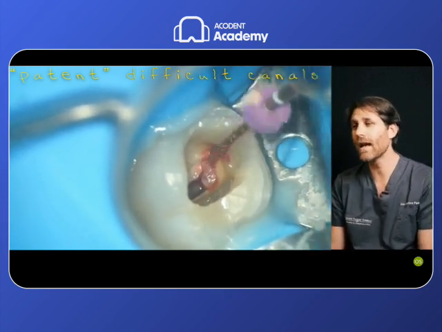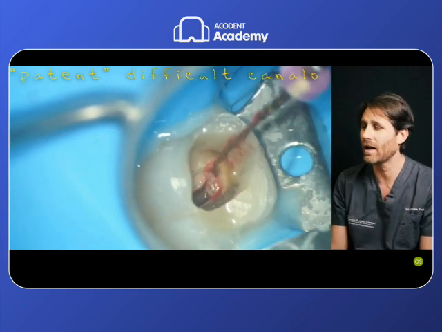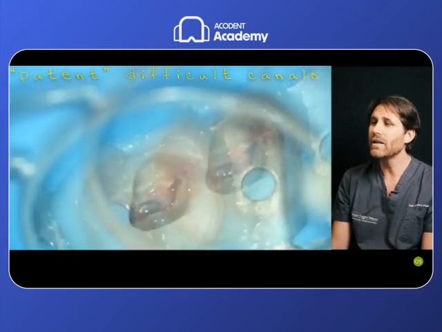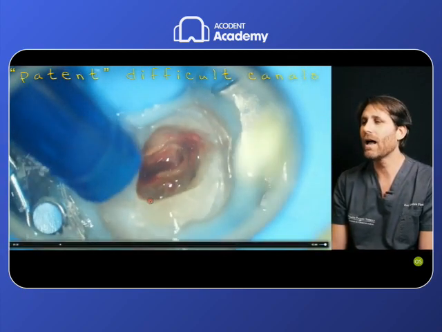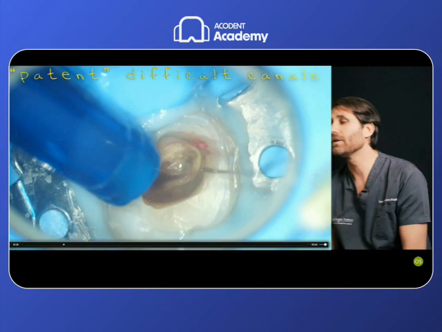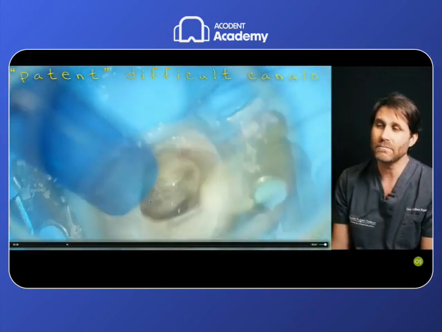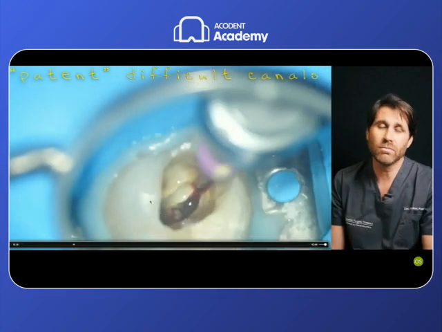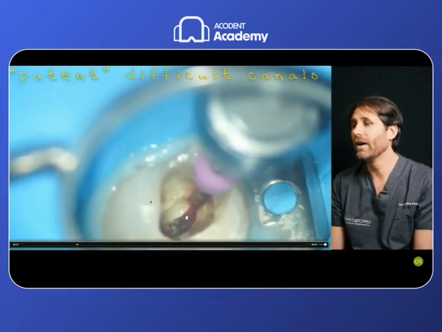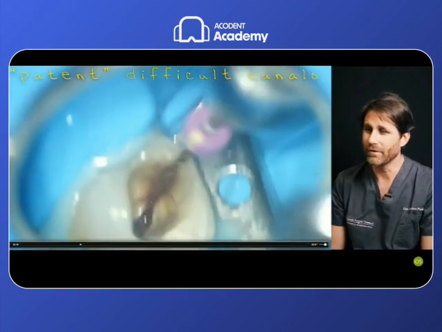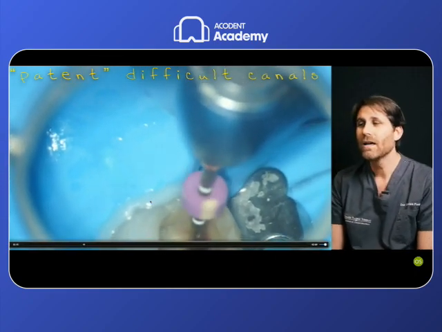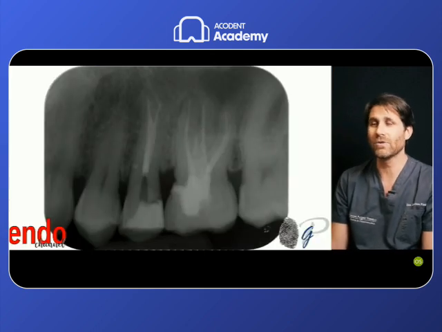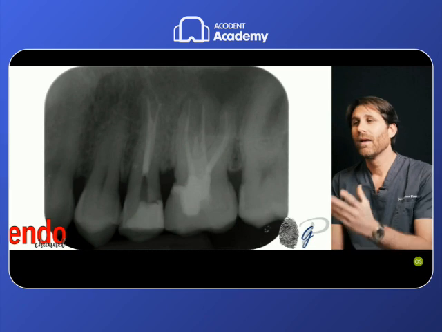Look, without any scouting, even in this case, it was a patent root canal, even if difficult because of the curvature. But we could treat this patent root canal thanks to the properties of these files. So normal standard cases can also be treated with files with other properties. But the most difficult root canals were really difficult to be treated by other files other than the one that I suggested. This is another case.